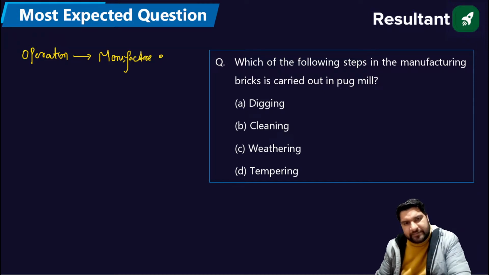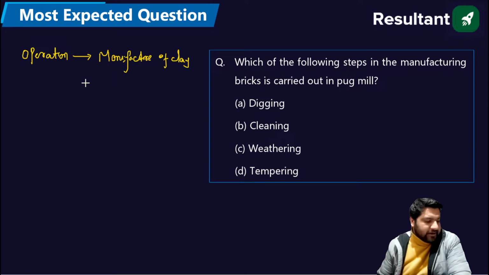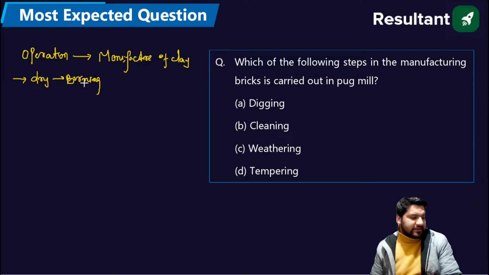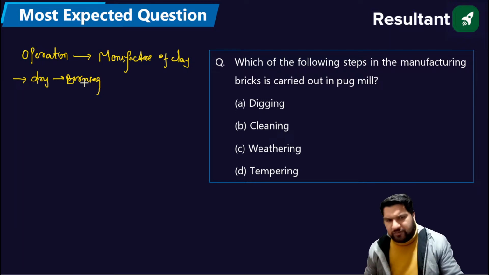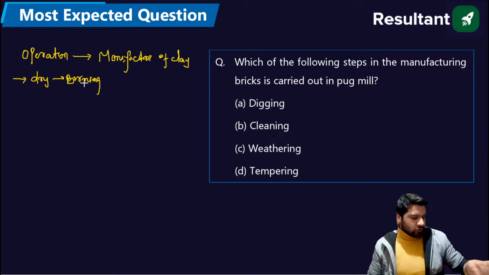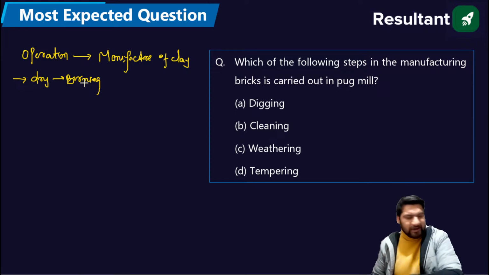The third step will be drying of the clay, and then there will be the burning. Absolutely correct. So these are the steps for the making of the brick. In case of the preparation of clay,